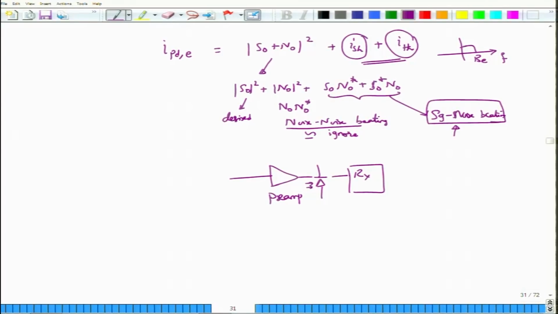Okay. So, whether we have a preamplifier or not depends on the kind of application that you have. For most long haul applications, we almost always use a preamplifier, and this preamplifier has a noise which contributes to the dominant noise, which is the signal to noise beating. Now, we will analyze our on off keying system in two cases, one without preamplifier, one with preamplifier, because the noise statistics with preamplifier and without preamplifier are radically different. So, we will see what these differences are.